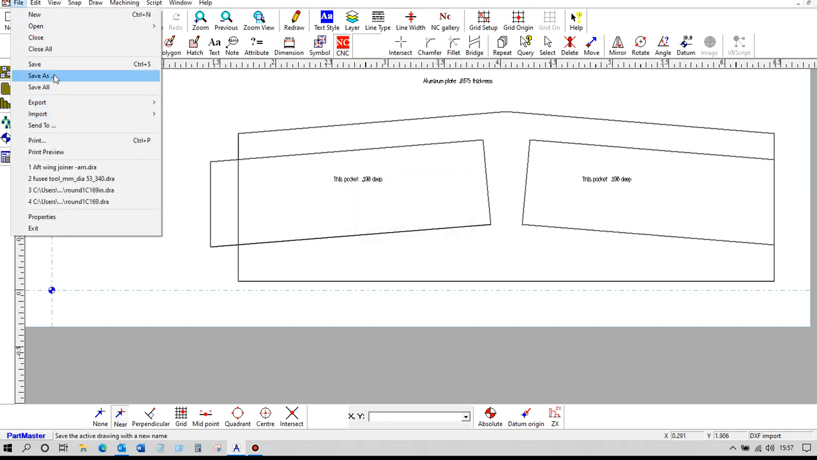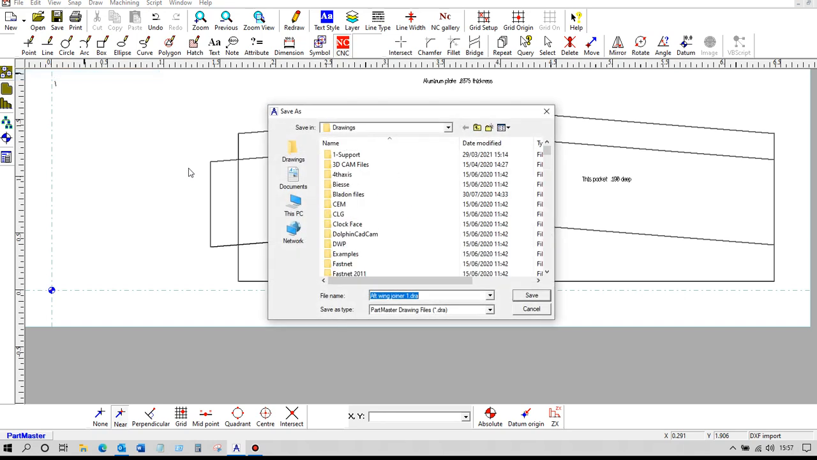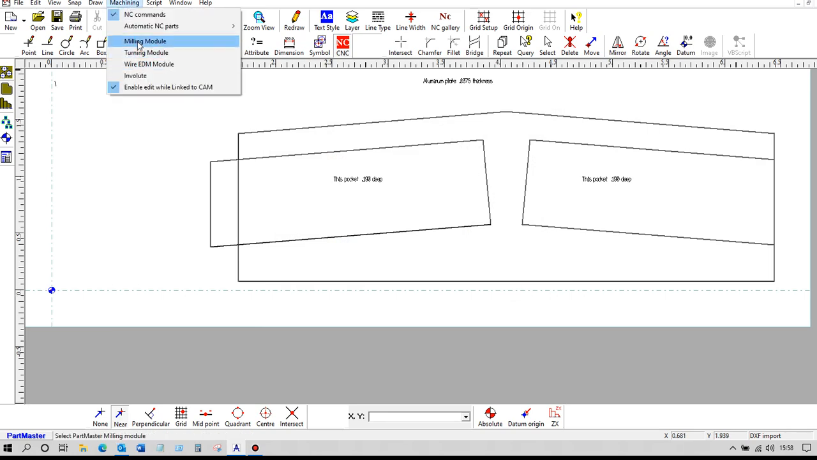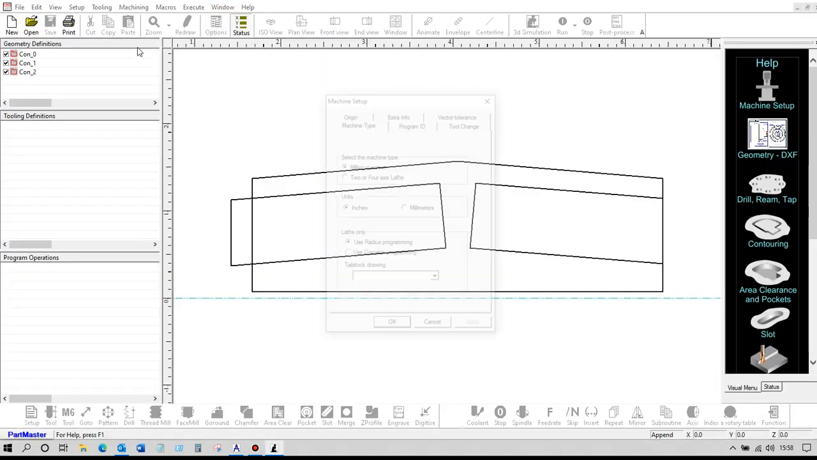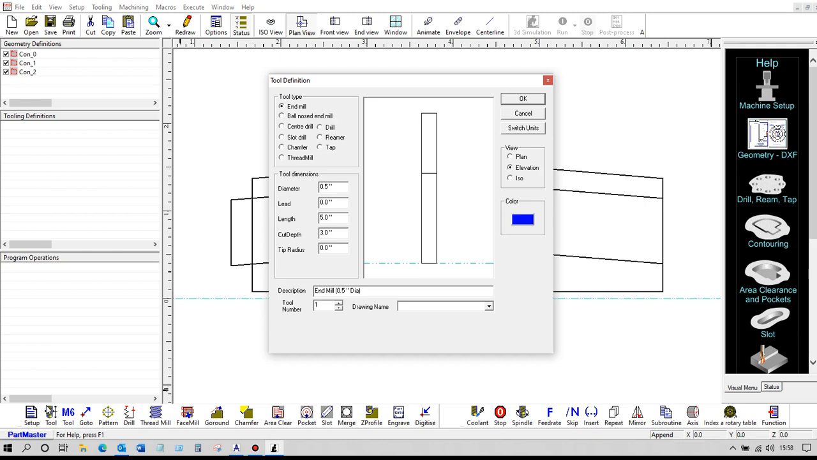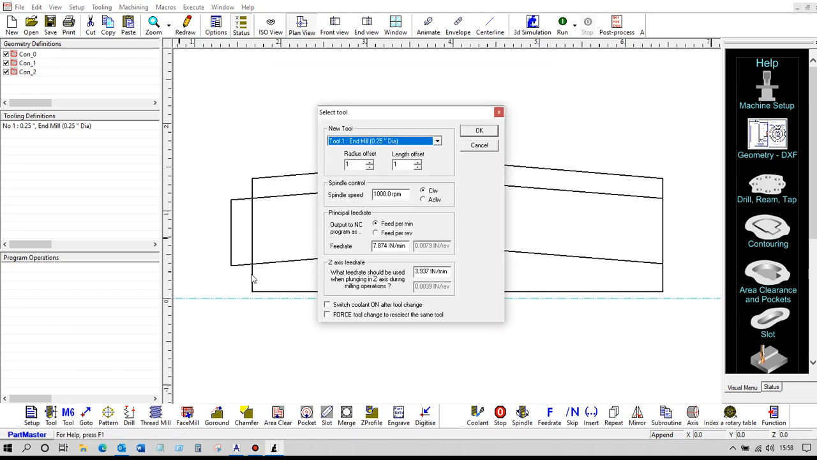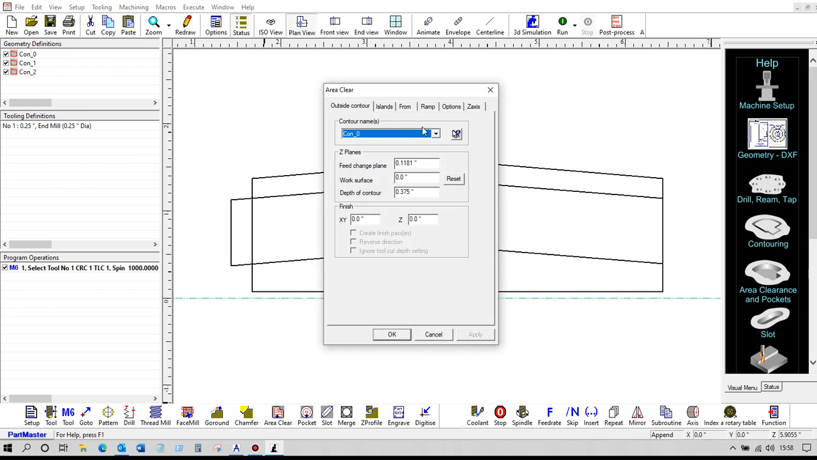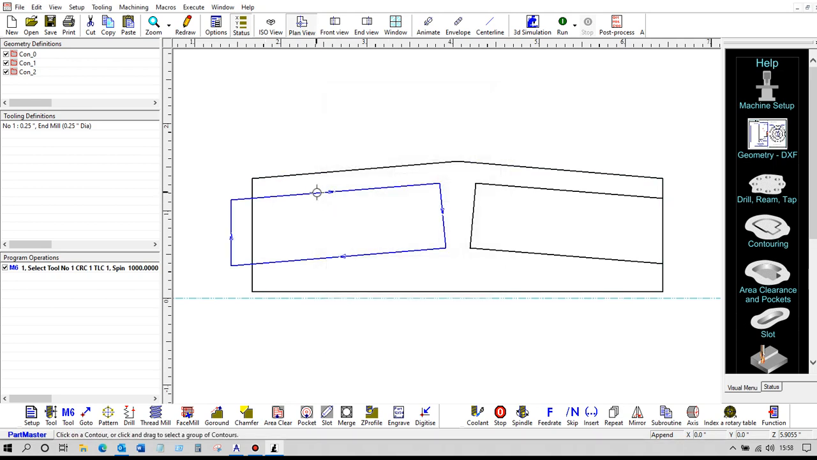So if we then file and save this file away, now we take that through into machining, check on our tool change position here, all looks okay. So we define our first tool. Let's have a 1/4 inch tool, set the spindle speed and the feed rate, and then we use the area clearance command, choose the contour with